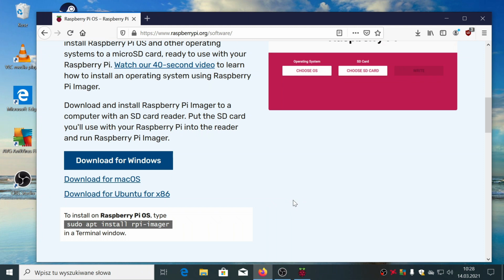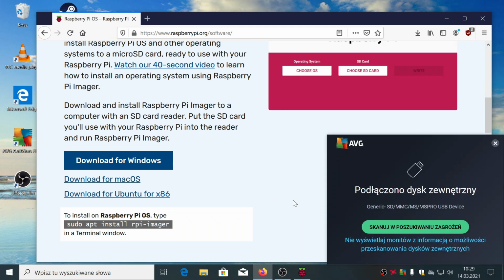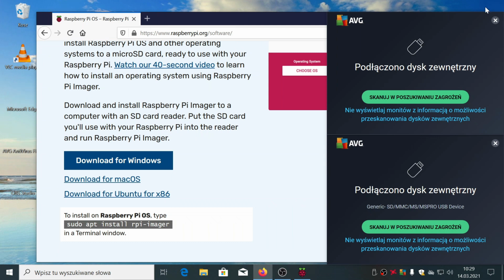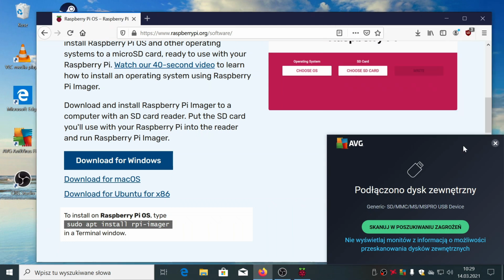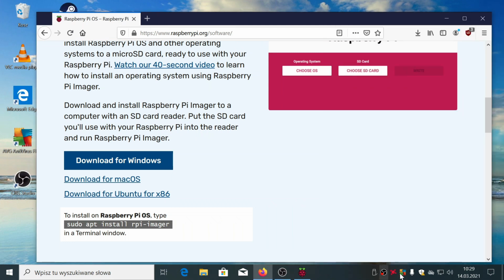Now I will connect the card reader with the card in to the PC. So it is now connected. Let's see if it's connected. It should be visible here. Yeah, this is my card reader with the card.